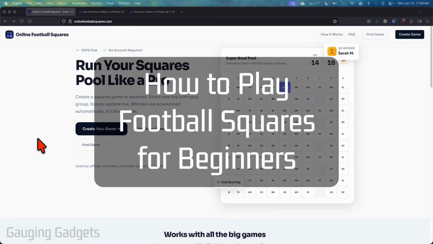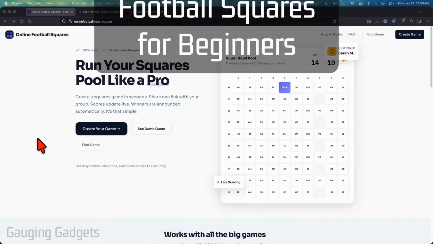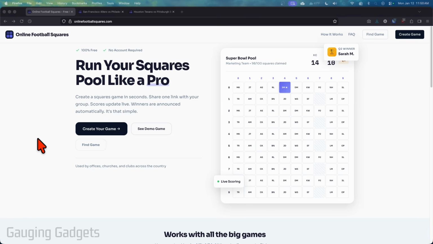How to play football squares. In this beginner's video, I'm going to show you how to easily play Super Bowl squares. So I'll show you how to pick squares and then how to read the game grid to see who won